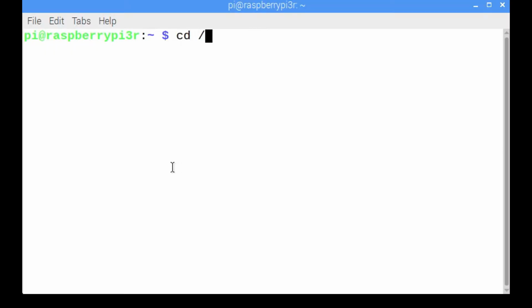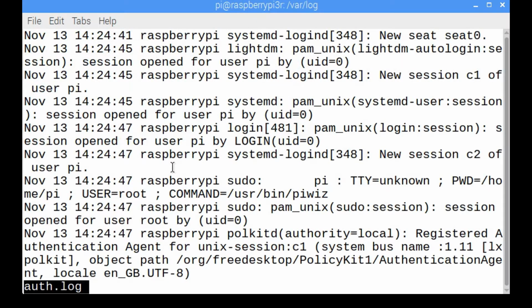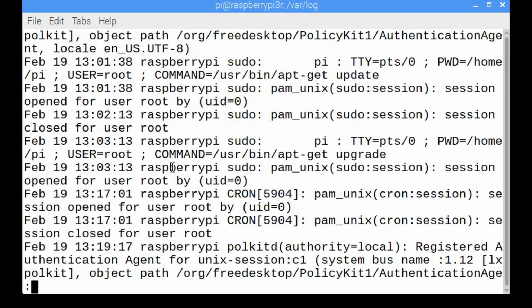Enter cd /var/log and enter ls. And let's take a look at several of the logs which are in the /var/log directory. Enter more